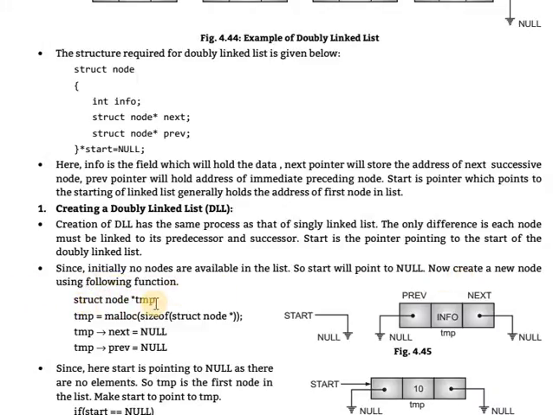Firstly, a temp variable is taken as a temporary variable, in which the value will be stored. After that, temp is allocated with malloc, meaning memory allocation is done at runtime. Next, temp arrow next is null and temp arrow previous is null. The arrow is the arrow operator, because we use a structure with a pointer, and to access its data members in a structure with a pointer we use this operator. After that, the null initialization.